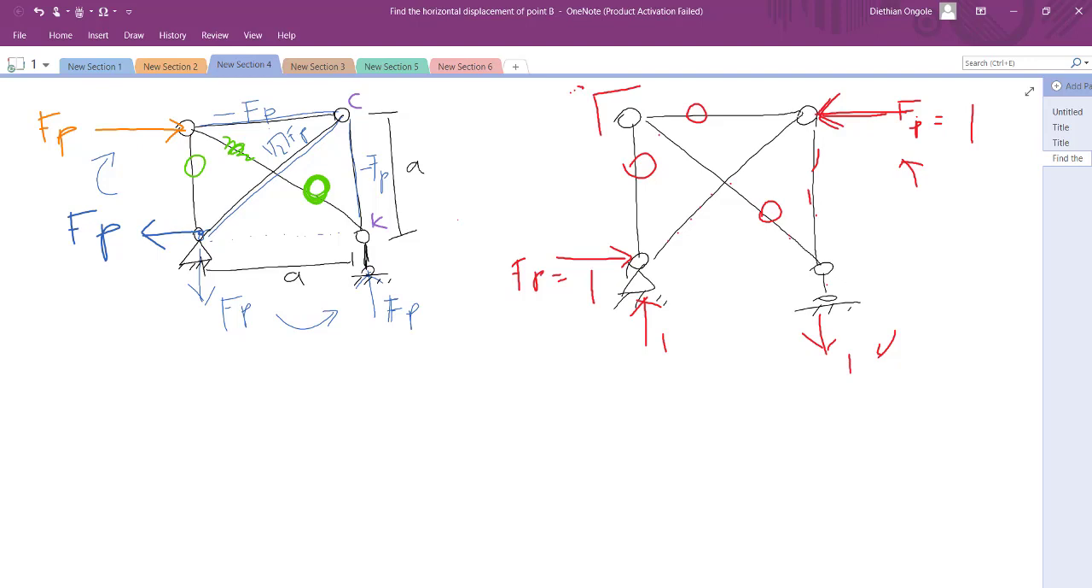So that being known, if this is a 1, that means the internal force here would also be equal to 1. Then for this slanting one, we shall have a magnitude of negative root 2, like that. Then having found our internal forces, we go on and calculate